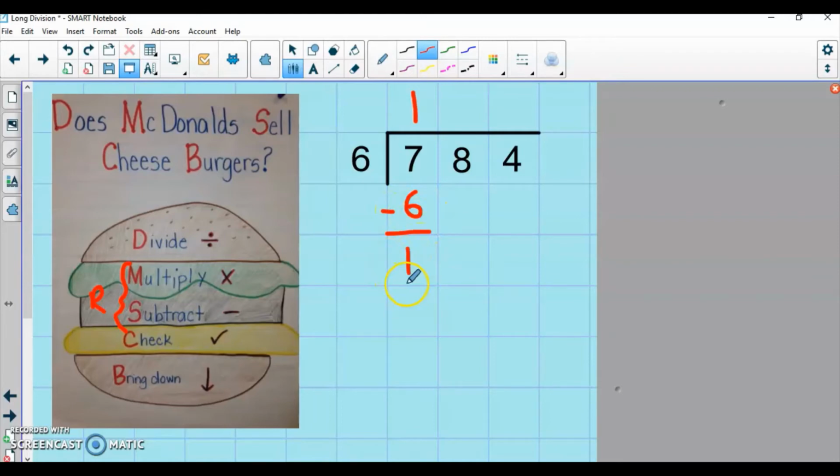That's my remainder. I'm going to check it. 7 divided by 6 is 1. I'm happy with that. I get one whole group. I know that if I take that away, I've got 1 remaining. Cool, I've checked it. Now I'm going to bring down, and this is the bit that is a little different in how we actually do it, because normally I would take my remainder and say, I'm going to stick it here, and I've got 18 now. Well, if I do that and then try and write my number underneath, it's all going to get mashed up and it's not going to work very well,